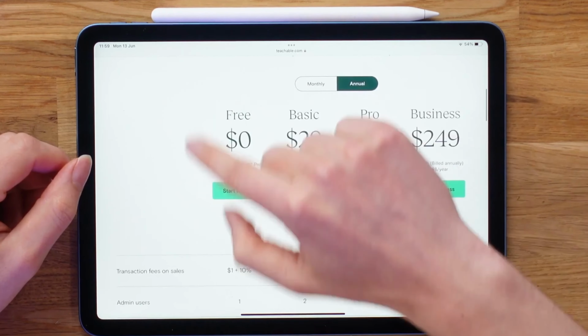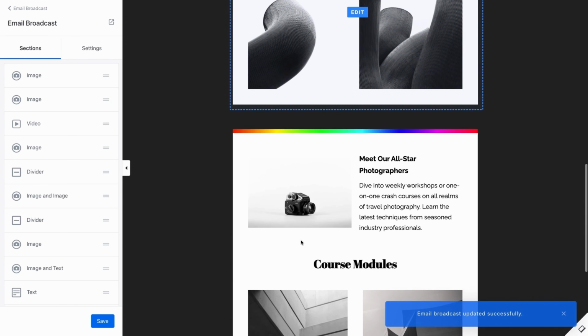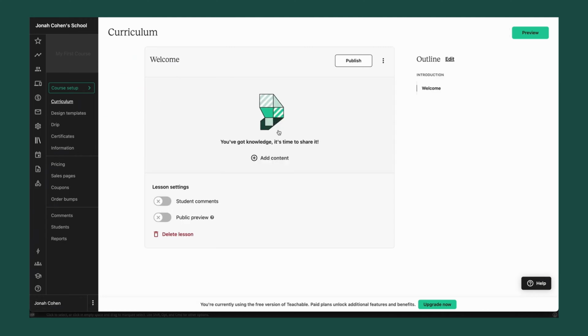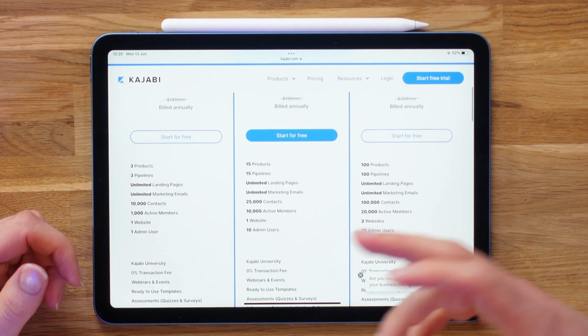Kajabi versus Teachable is one of the biggest debates when it comes to choosing an online platform to host your online courses. And in this video, we're going to break down the major differences between the two options and which you should choose. This is going to be an update to a video that I made over a year ago